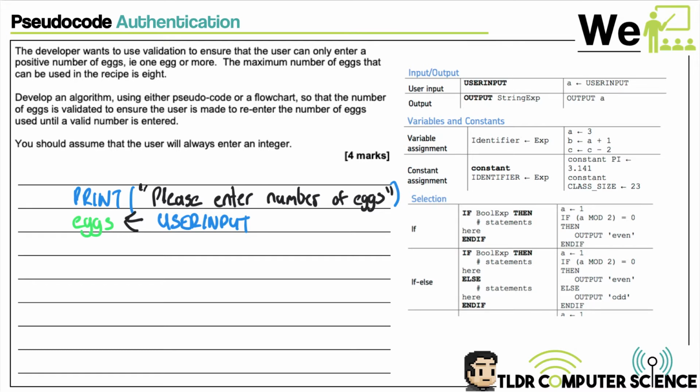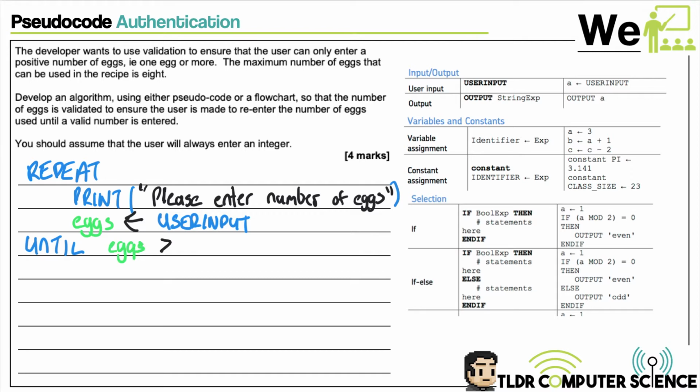Okay. So here I put in the number of eggs. Now I need this to keep going around until the number of eggs is between 1 and 8. So I'm going to use a repeat. So I'm going to repeat these lines of code. And then at the bottom here, until it's met the condition I want. See? And you see I've indented these 2 bits of code because these are the bits inside my loop. Well, until what's the case? Well, until eggs